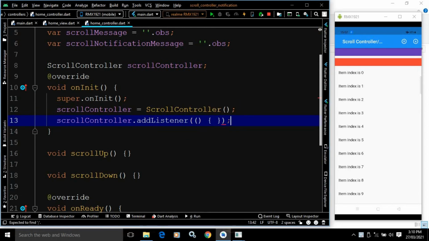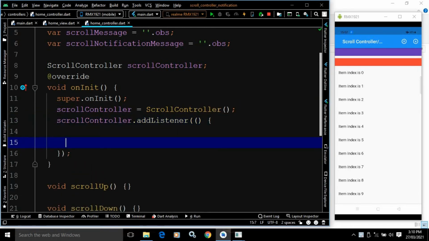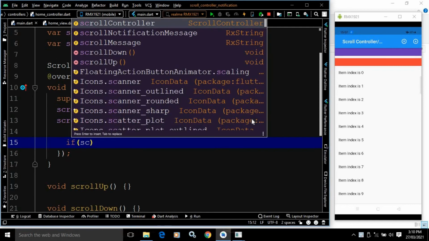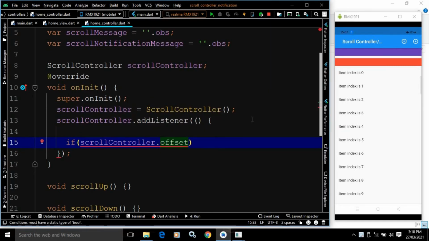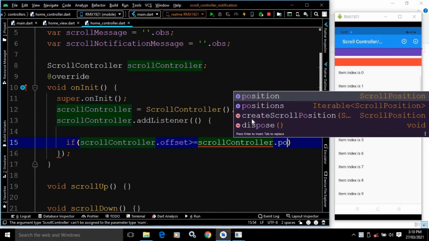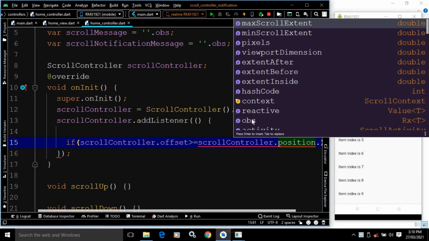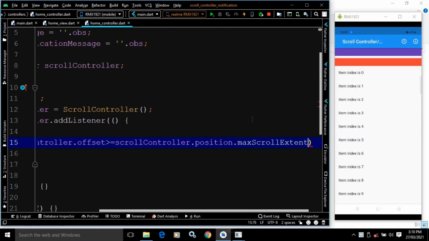Okay, now here I will check if scroll controller dot offset is greater than equals to scroll controller dot position dot max scroll extent. This means whether we have reached the bottom of the list view.